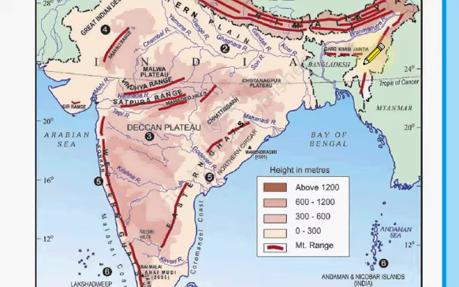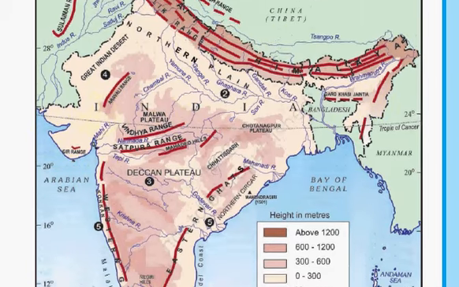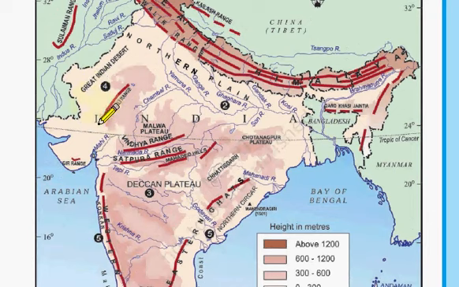Then the fourth important physical feature is Indian desert, which is mainly in Gujarat and Rajasthan. The Great Indian Desert. It is to the northwest of Aravalli Ranges. Some of the important facts are that the only important river in Indian desert is Luni River. Some physical features like sand dunes are seen in desert. There are barchans, which are crescent shaped sand dunes like a cashew, and it is the most arid and dry part of our country.